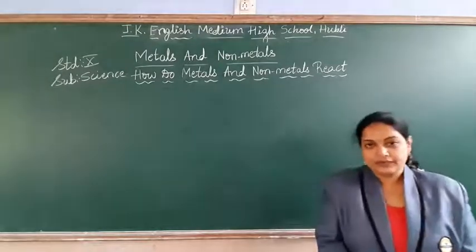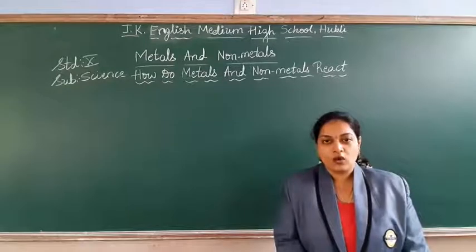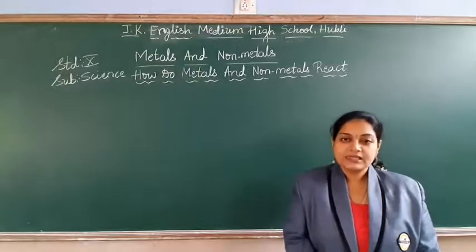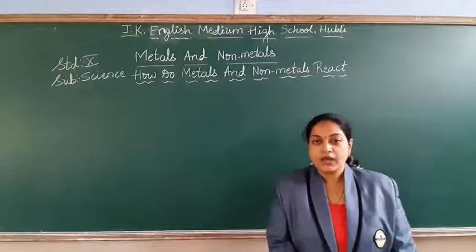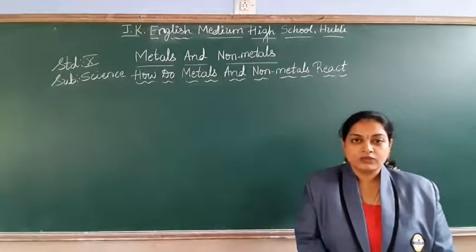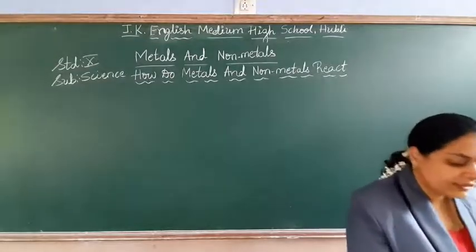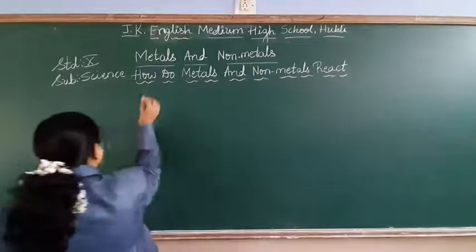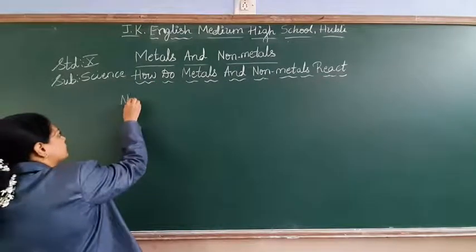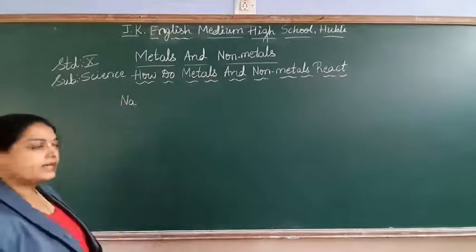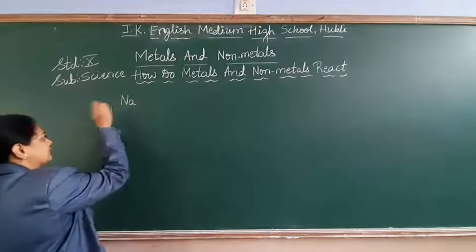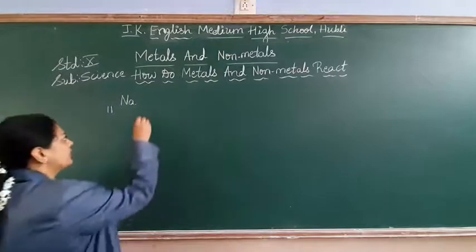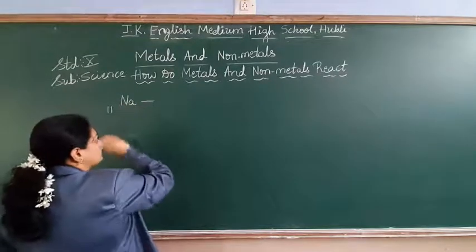To know that, again we have to recall about electronic configuration. Hope you remember, in the previous year we have learned how to write the electronic configuration of the elements. So let us recall about that. Let me take the example of sodium. Its atomic number is 11. So let me write the electronic configuration of the sodium, students.